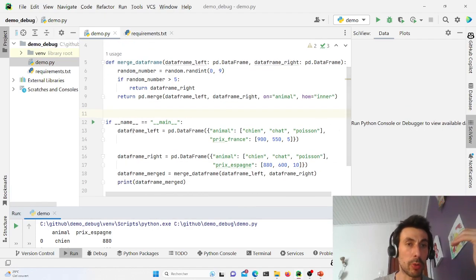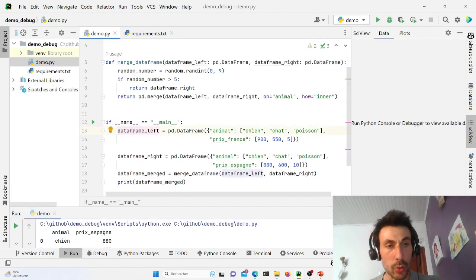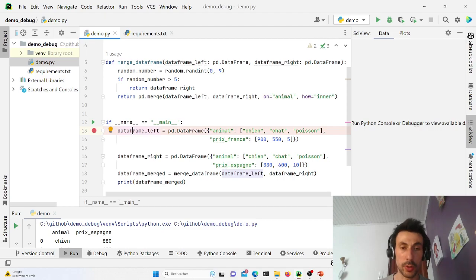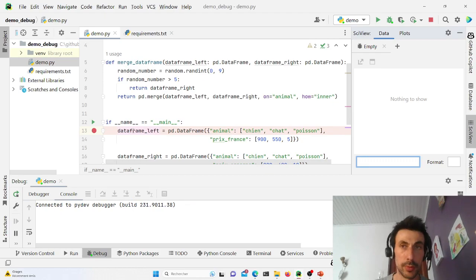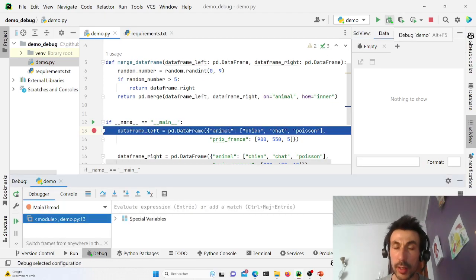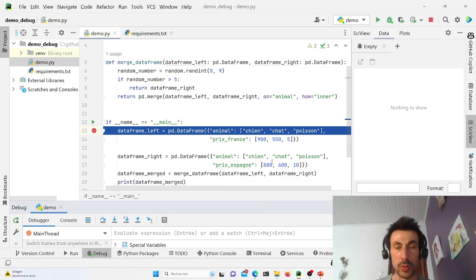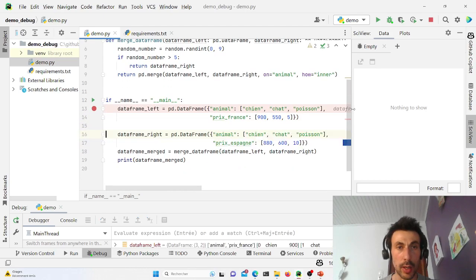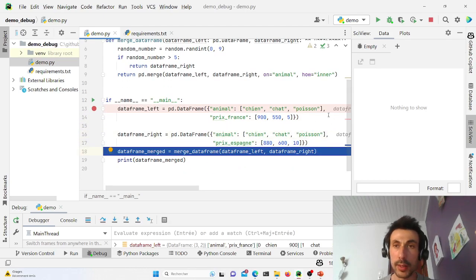But to run it in debug mode, I'll first set a breakpoint. I'll press F9. Remember, I'm using the Visual Studio shortcuts I configured in the previous video. So now I can do F5 and select my script. If I'd pressed Alt plus F5, it wouldn't have asked me which script to use. So now my debugger has stopped at my breakpoint, and I can go step by step by doing F10, F10, F10, F10, F10. And then it's interesting because if I put my mouse on my variables here, I can see